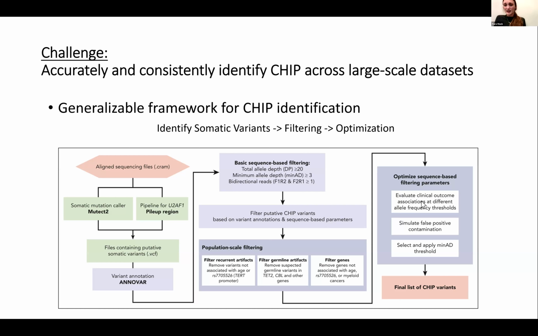But I do think there is a case where you could have a really large CHIP clone that looks like it's a germline variant. You're never going to fully know for sure. But I think the other steps are how you differentiate that. So it's not just the VAF, but you're also looking for that age association, right? A germline variant shouldn't be associated with age. It should be random, right?